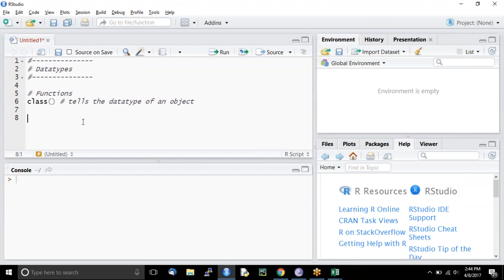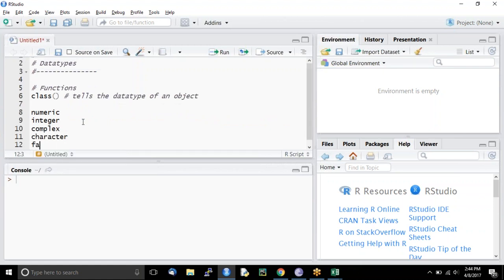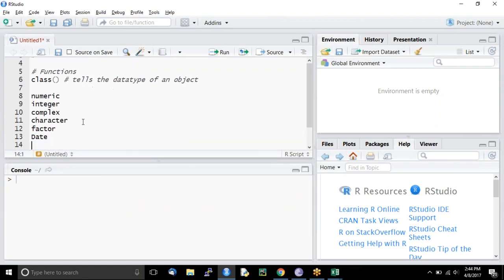Now then I have a certain set of functions. So if I can just list all the data types once, I'm listing that now. So I have numeric, I have integer, I have complex, character, factor, date with a capital D, and